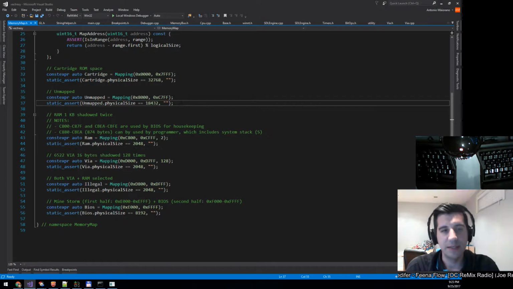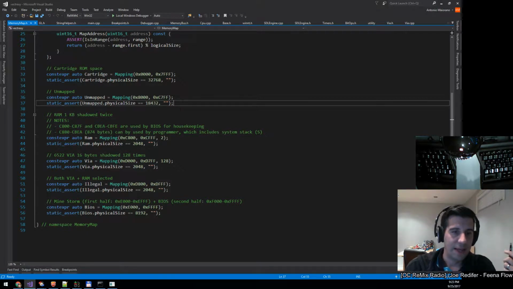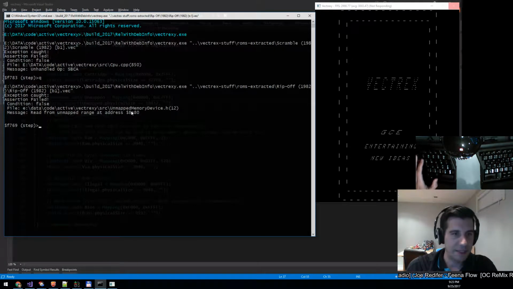More likely, either I have a bug in my CPU implementation, and when that happens, sometimes the CPU instruction will do the wrong thing, and eventually that will lead to either executing an instruction that's not valid at all, or interpreting data as instructions and then executing them, and then you end up doing something funky like accessing addresses that are completely invalid, like in this case. It could also be another possibility that I have not implemented at all, which is